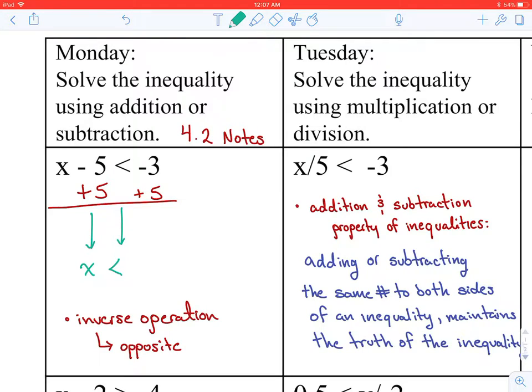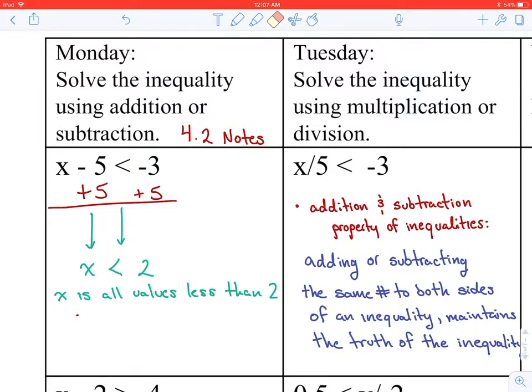is less than, and then negative 3 plus 5, that's going to take me all the way to positive 2. X is less than 2, or x is all values that are less than 2. And if we were to graph that,